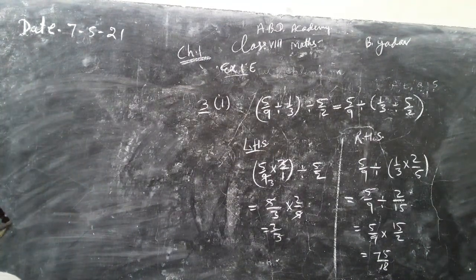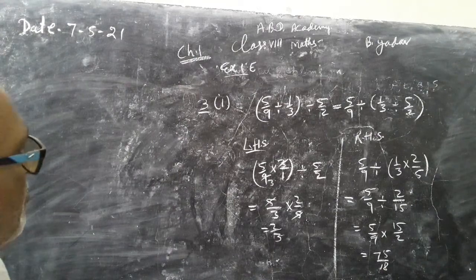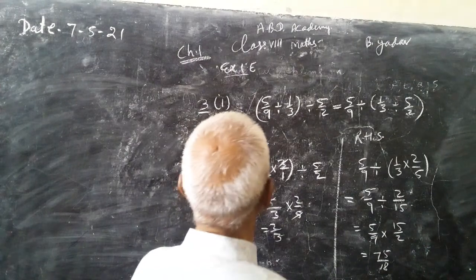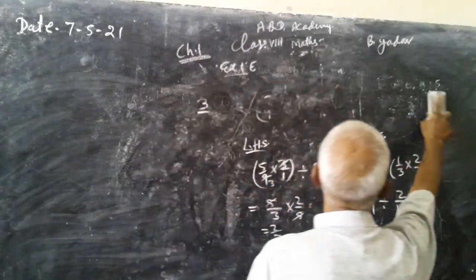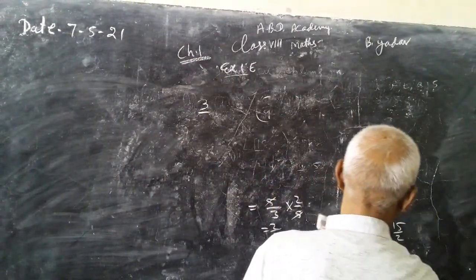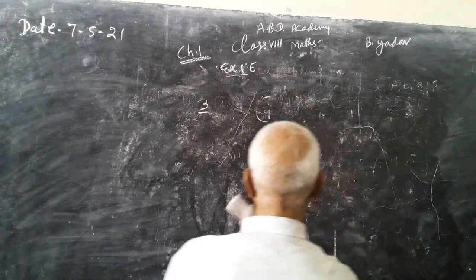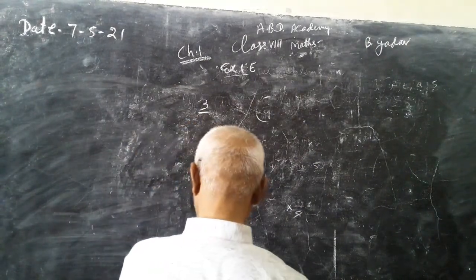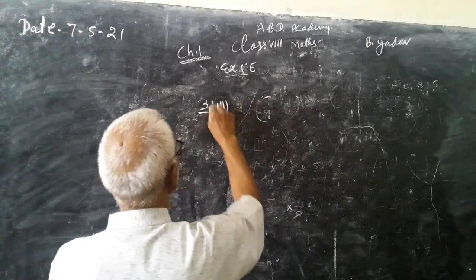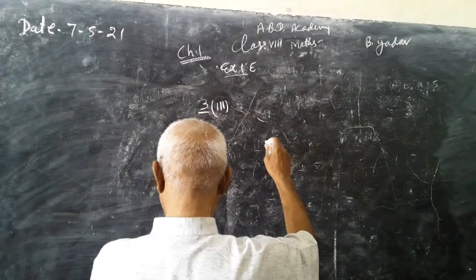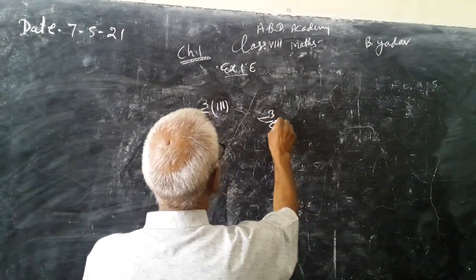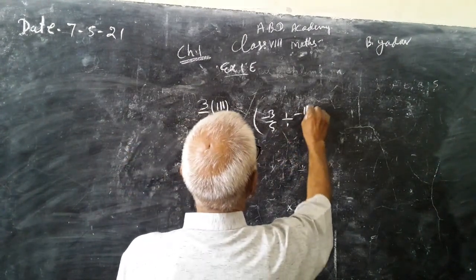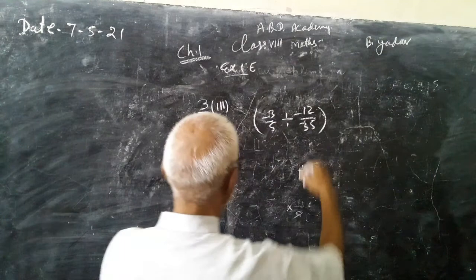It might be difficult for you, but do it yourself. I have done one. If you want, I can do more questions. Okay, it will take some time, but I am doing the third also. I select only one question for you. So, third part of question 3 is minus 3 by 5 in bracket divided by minus 12 by 35